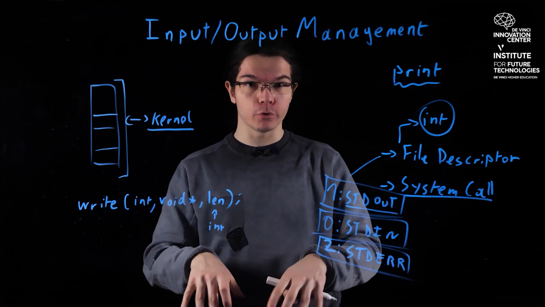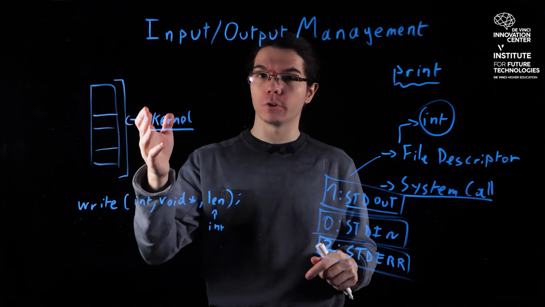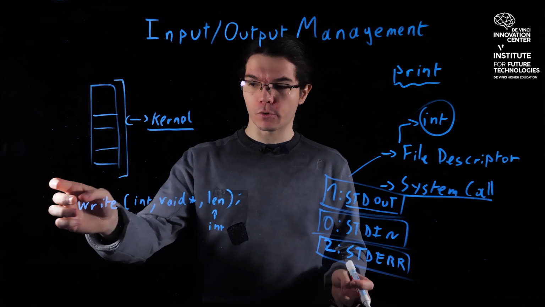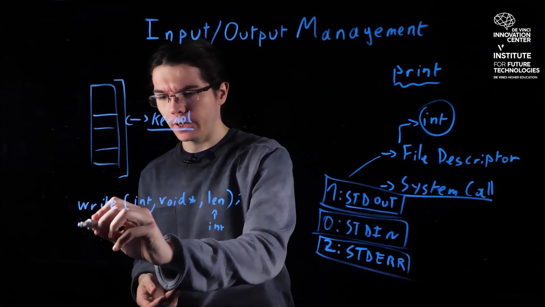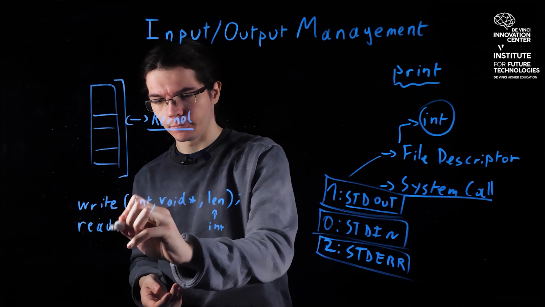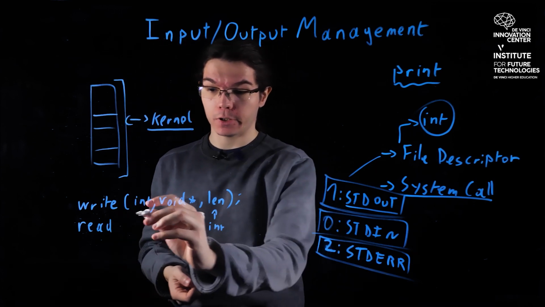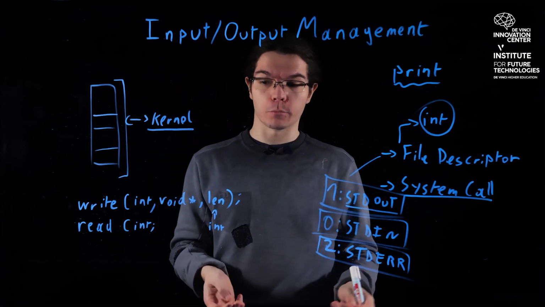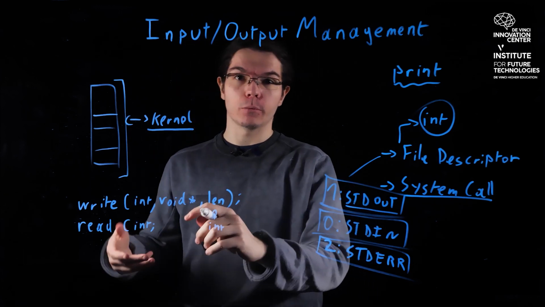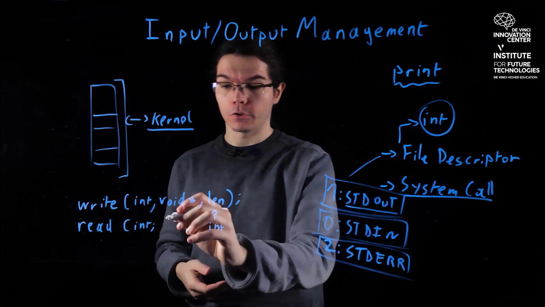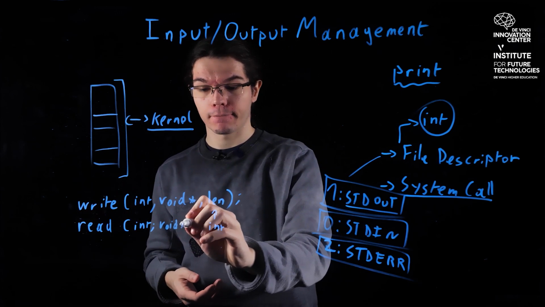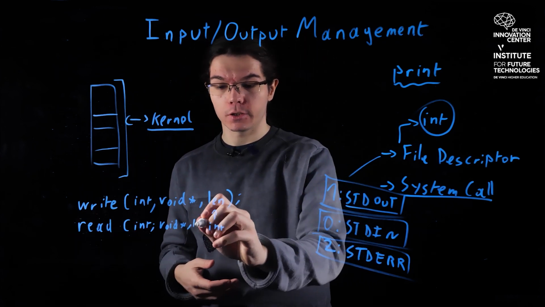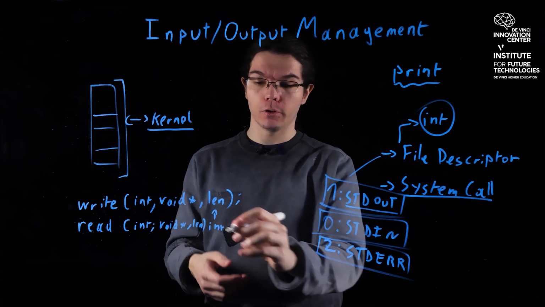Likewise, when you want to input something from your terminal into your process, you're going to use the stdin file descriptor. And in the same way you have a write system call, you also have a read system call, which works exactly like you expect. It also takes the file descriptor number. It takes where you actually want to write the data you are going to read. So the void pointer here is going to be where you are going to write this data, and it's going to take the length of the data you read, which is also an integer.